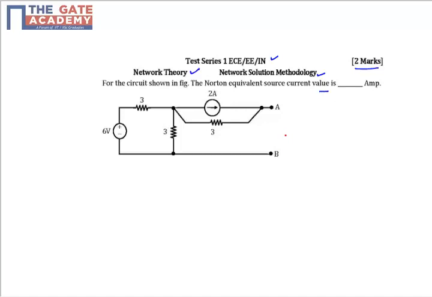So what we do in the Norton equivalent source current? In the Norton equivalent circuit, we know that we calculate the short circuit current, which means that we short circuit the terminal in which we need to calculate the current. Now we need to find the current across this terminal, right? Let's name this as I2. So let's say that across this terminal we will have a current I2.